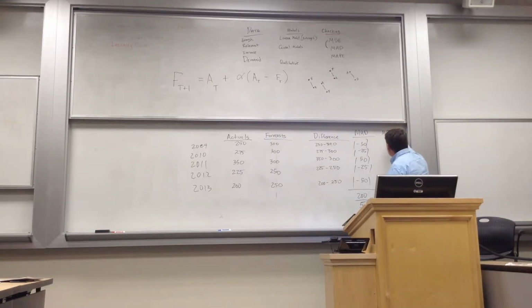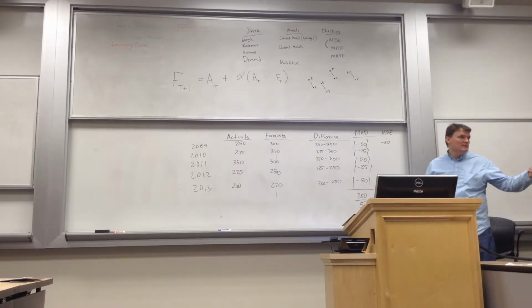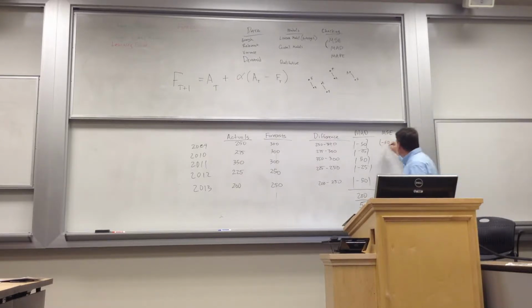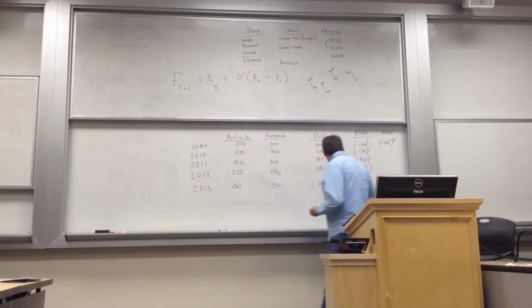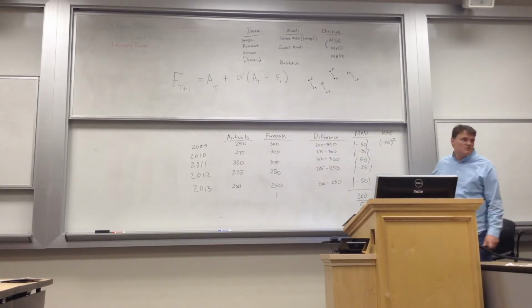MSE, and I'm not going to do the math there. What's another way we can get rid of these negative numbers? We multiply by what? We could do that, but then what would happen to our positive numbers? Say it again? Square it. Square it, yeah. And MSE uses this exact same formula down here, and we'll get a much bigger number because we've squared everything.